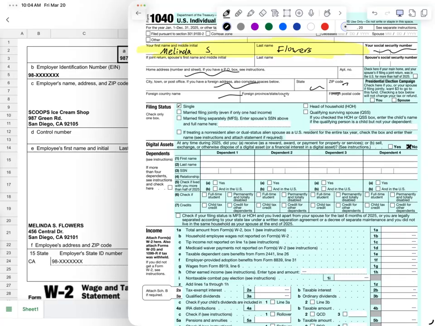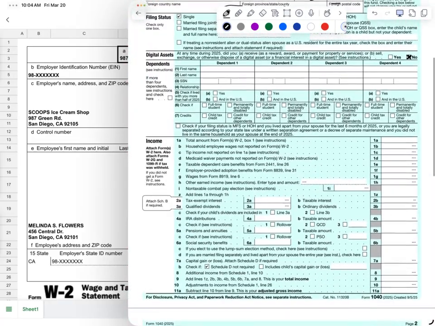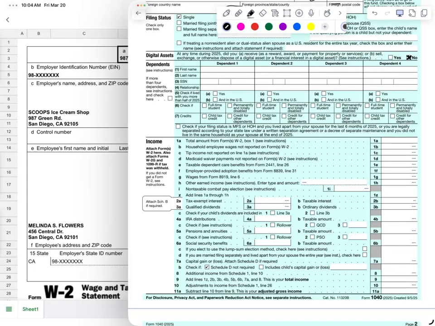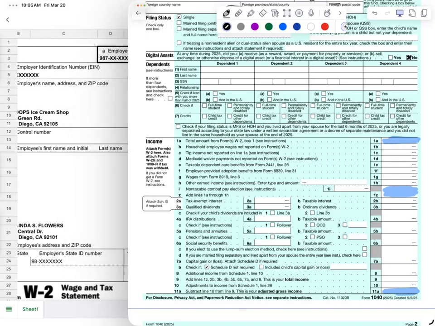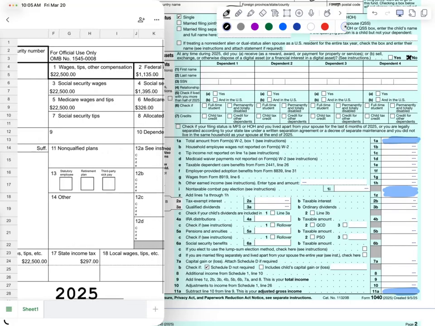Make sense? Next thing, notice that not all of the boxes have stuff in there. 1A, you need to fill out 1A, and I'm going to explain why. 1Z and 11A, those are the only ones that are missing things, and that's because that's what you have to fill in. Now, what number goes in here? It literally says, from your W-2, input the number from box 1. So box 1 is how much money you made. So Melinda made